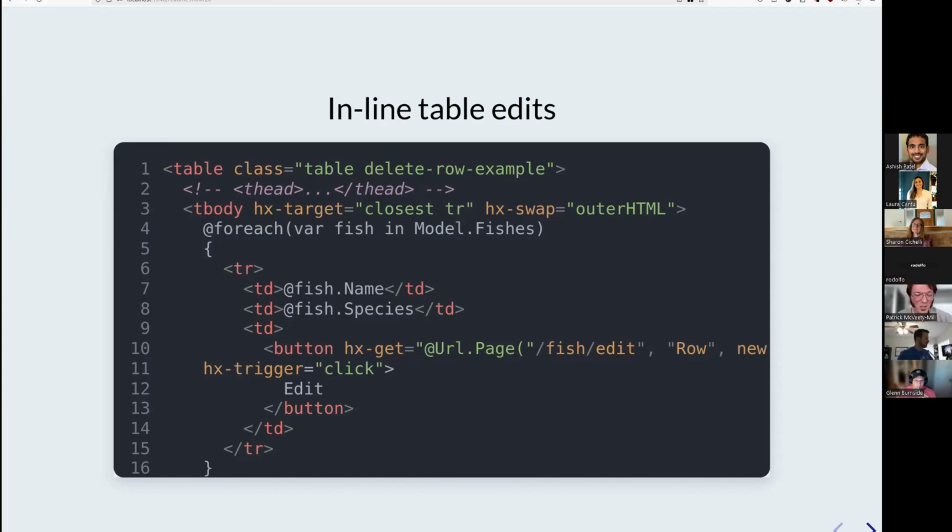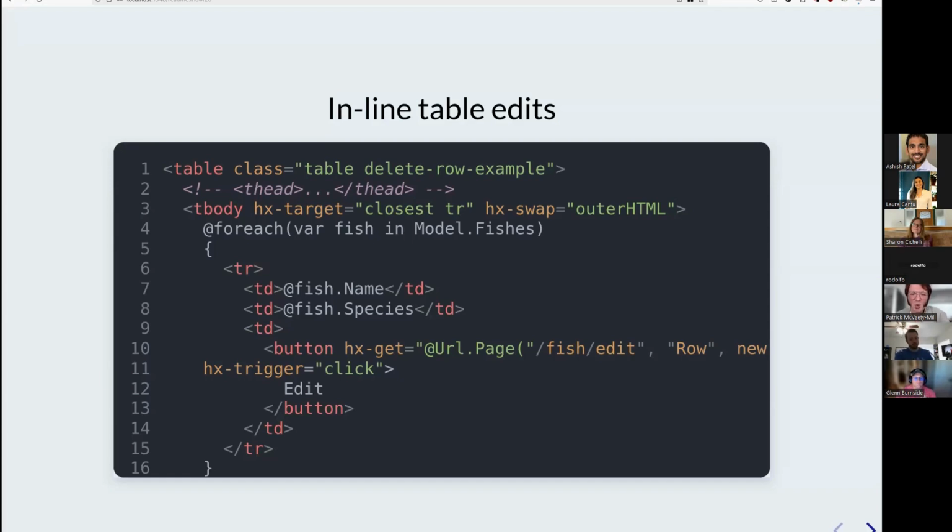So we're going to do a foreach and get the fish from our model on the page and list them out. Then we've got this button here. So like that link, it's got an hx-get to a page. It looks like it's a special handler of just the row for this fish, and it's going to be the edit. So going to the row page, or going to the edit page, calling that row handler